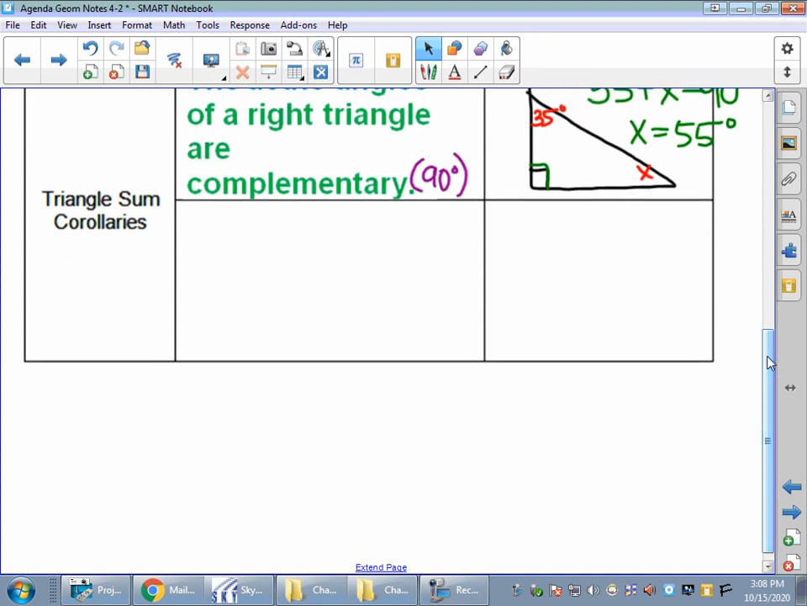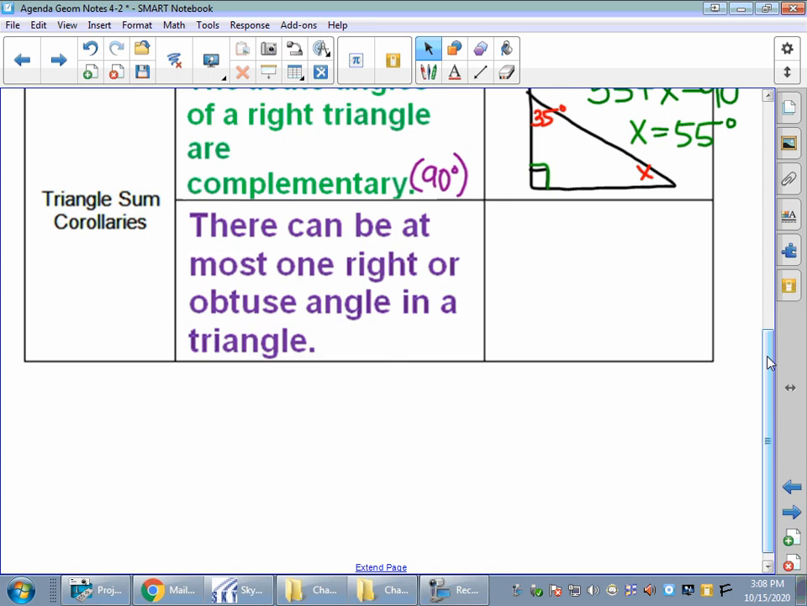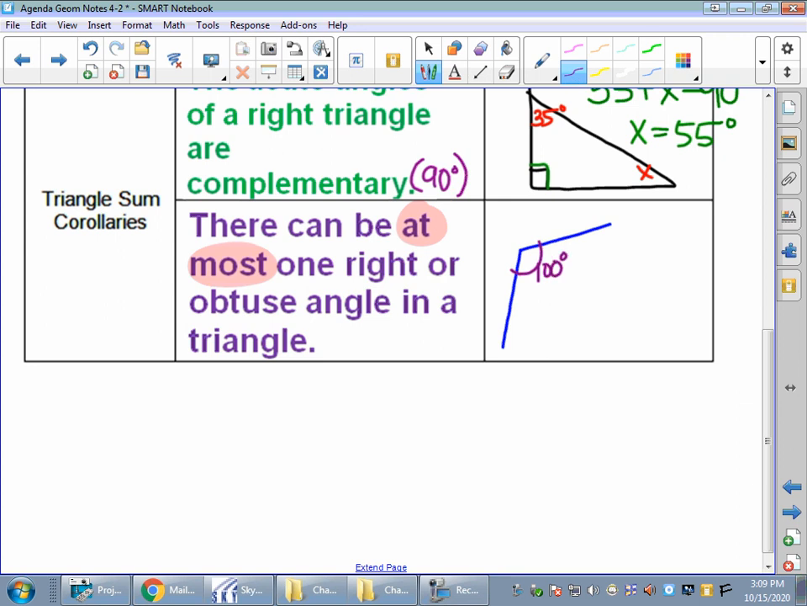Again, it's one of those ones, if you think about it, the last thing we should talk about: there can be at most one right or one obtuse angle in a triangle. At most. So let's talk about an obtuse angle. Basically it's saying if I have one obtuse angle, can I have another obtuse angle? Let's say this is 100 degrees. And a triangle, right? If I got to connect these sides, could I have another obtuse angle, another degree over 90 degrees? Well, if I tried to put another obtuse angle in there,